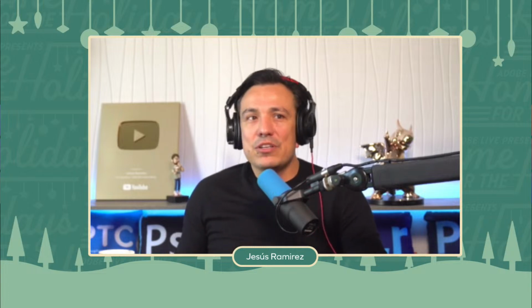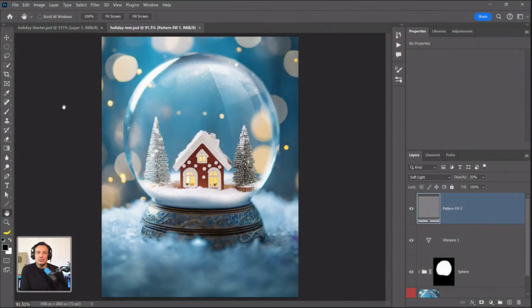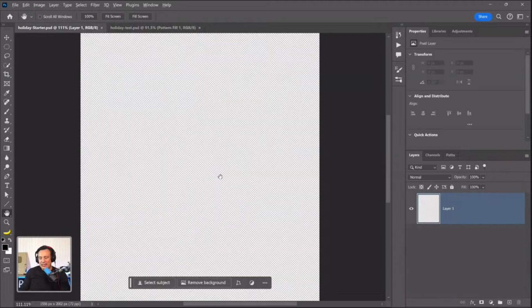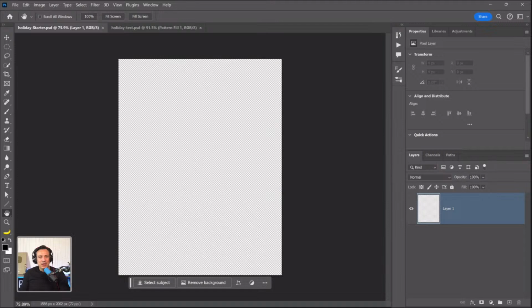Awesome. So I'm going to switch over to my screen now. And this is going to be the final composite. It might look a little different because we're going to generate the images in Firefly. So even though you might type in the same prompt, you won't always get the same result. So this is basically what we're going for, but it could be a little different once we are done. So there we go, blank document. And this is where we're going to start. Like I said before, we're going to